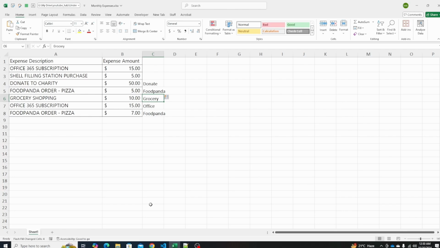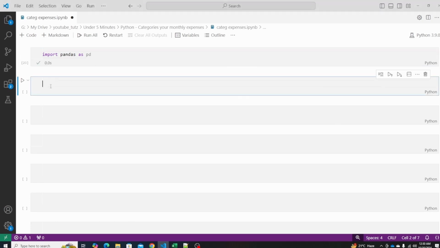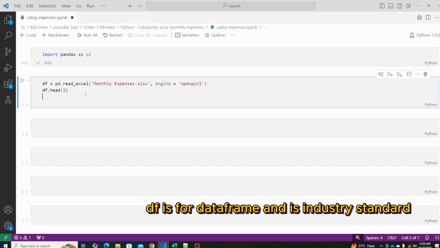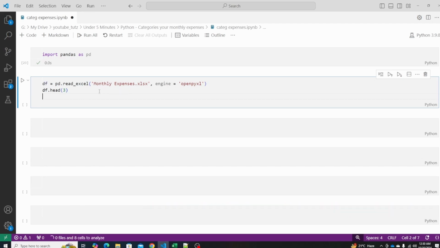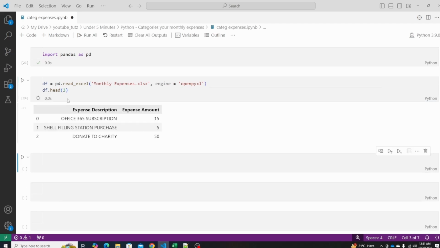So let's jump right into VS Code. The first thing we will do is import the pandas library. So we say import pandas as pd. Let's run it. Let's import our Excel file. So we say df equals pd.read_excel. We give the file name as it is. Since it's in the same directory, we don't have to give the full location. For engine, we use openpyxl, and then we use the head method to look through the top 3 rows. So let's load the data and look through the top 3 rows,